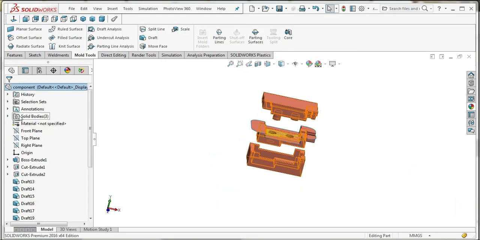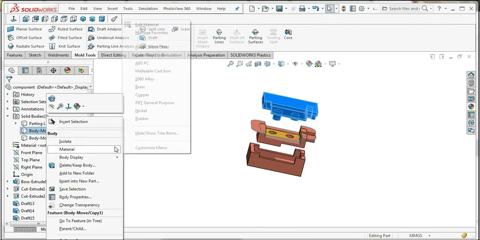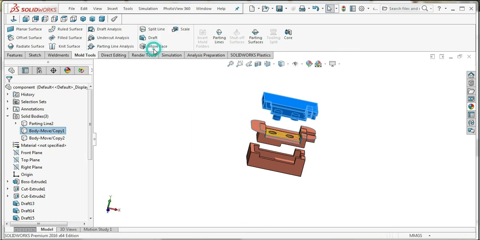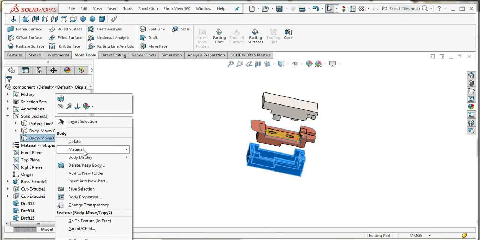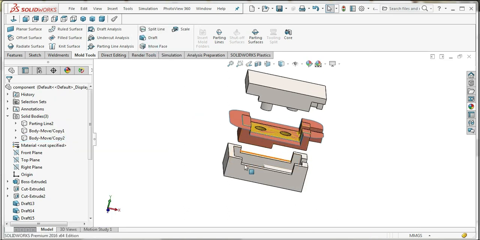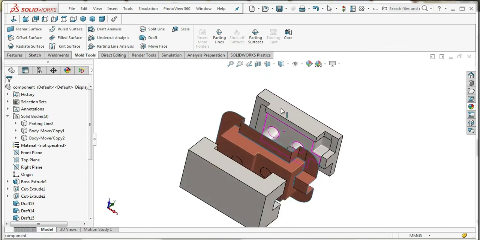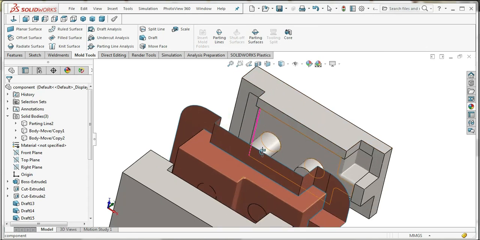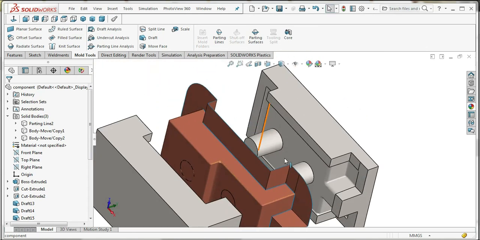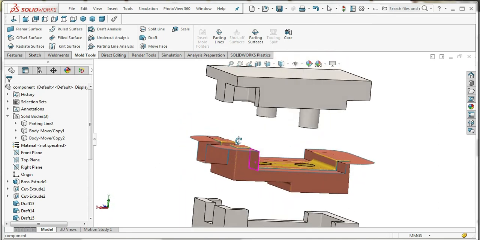Now select the solid body. The solid body can be assigned a material. Right click, material, plain carbon steel. And again change to plain carbon steel. If you want to change the name to fixed die or movable die, no problem, it's also possible. Just click and rename; you can use a separate name. Okay, it is completed.